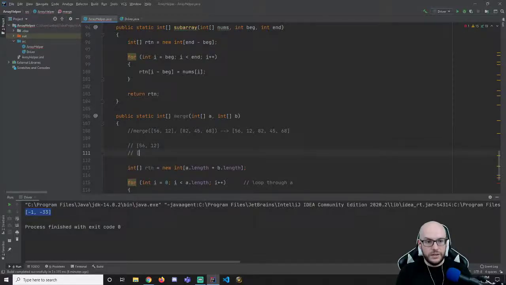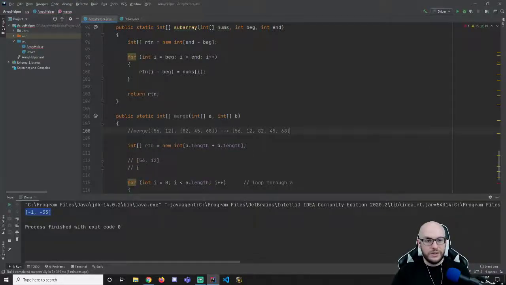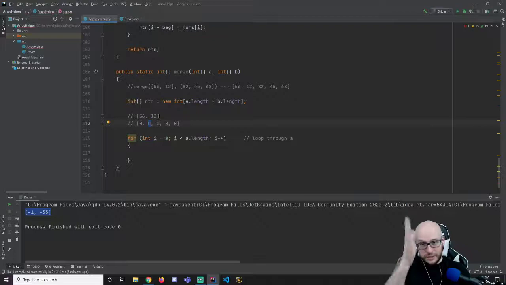RTN, it probably makes a little bit of sense to do this underneath, where I actually create RTN. RTN is 5 zeros in my example: the length of A plus the length of B. I'm going to take 56, and it's going to go here. I'm going to take 12, and it's going to go here. That directly lines up, right? No offset amount like we saw